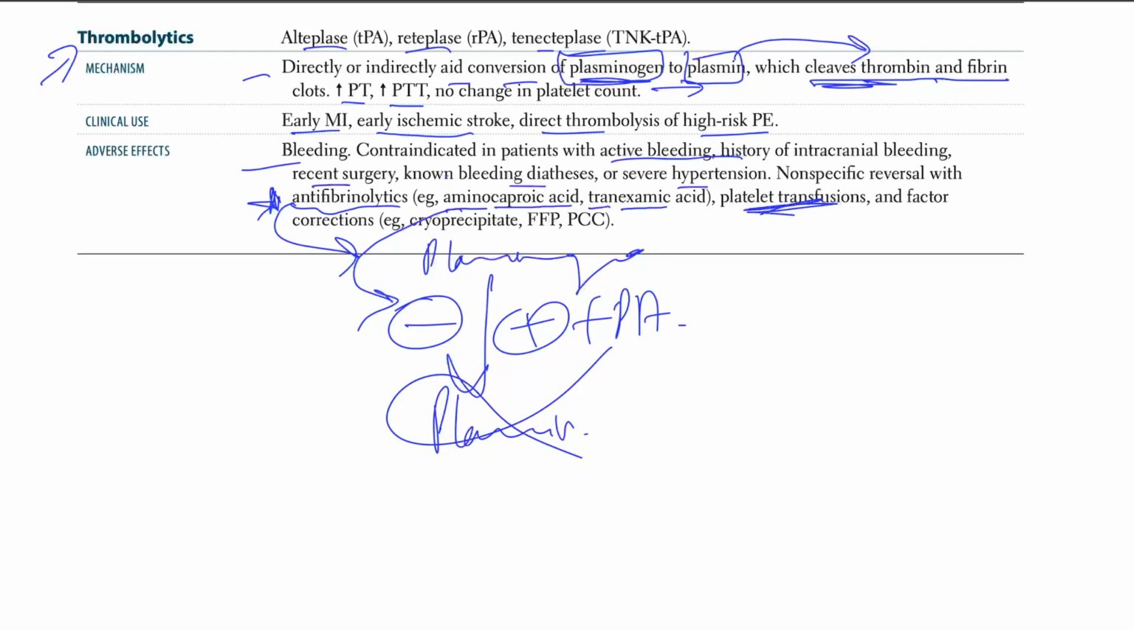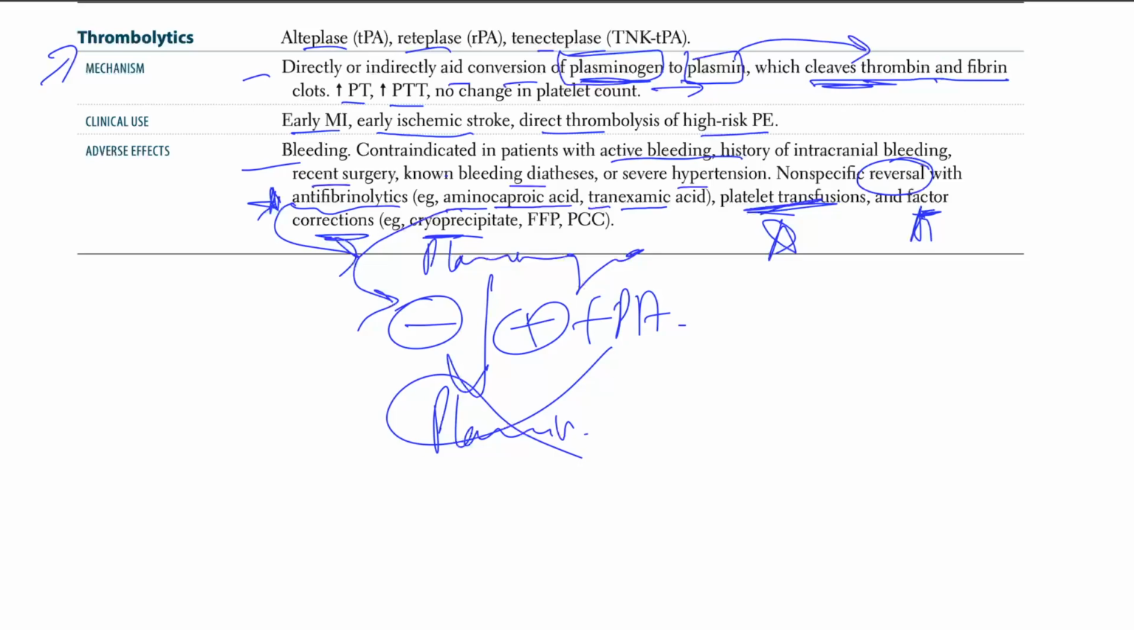Platelet transfusion, the other options, and factor corrections like cryoprecipitate, FFP and PCC. So the reversal can be done by either this, or you can just transfuse platelets, or give factor correction, or cryoprecipitate, FFP and PCC. Okay, so yeah, that's pretty much all we have for